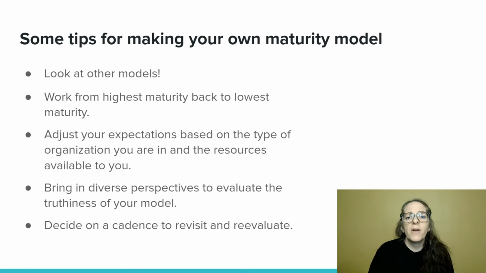There are things we excel at. There are things we do not excel at. There are things that we will likely be able to do. And then we just have certain constraints that other organizations don't have. This doesn't mean we should be kept from becoming a more mature organization. It just means we have to decide what maturity looks like for us and then strive for that. If you're going to formalize this practice in your organization, I cannot stress enough to bring in diverse perspectives at each level of the process in building the framework so that you get a clearer, more fulsome view. This is best practice for anything having to do with strategic process in an organization.